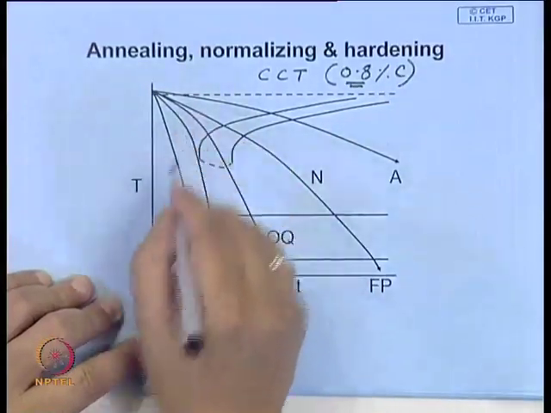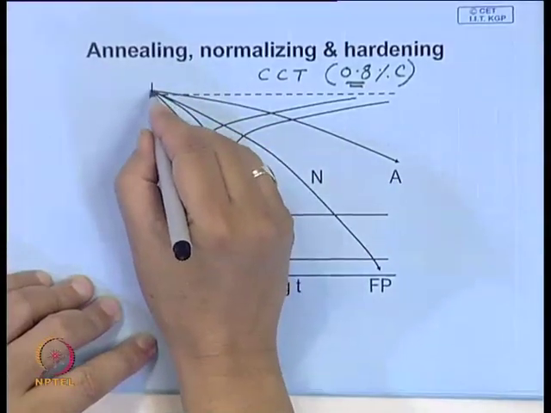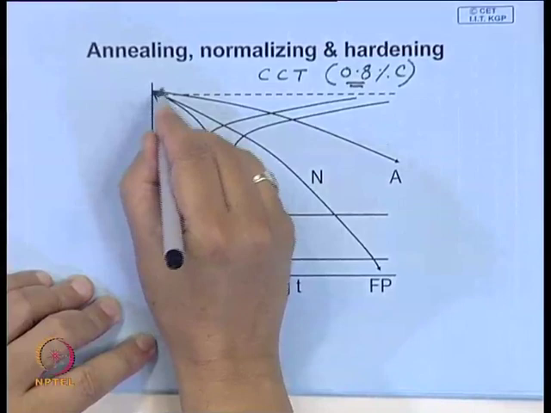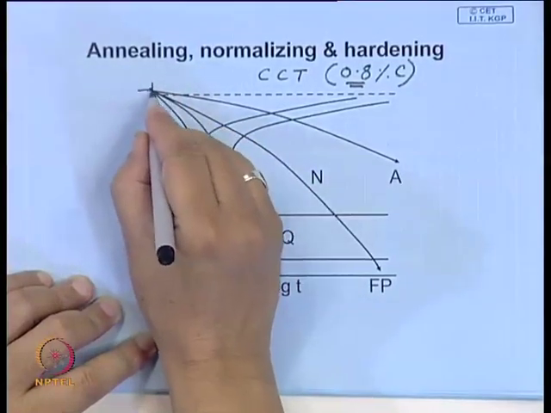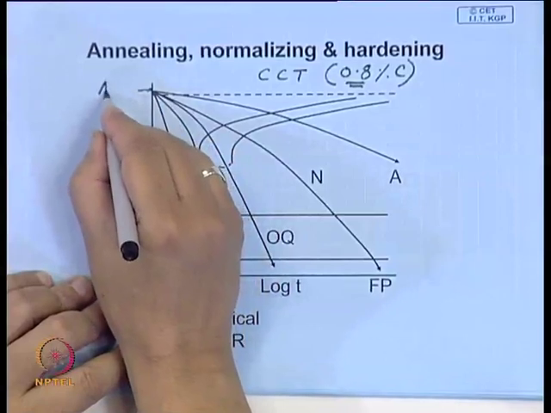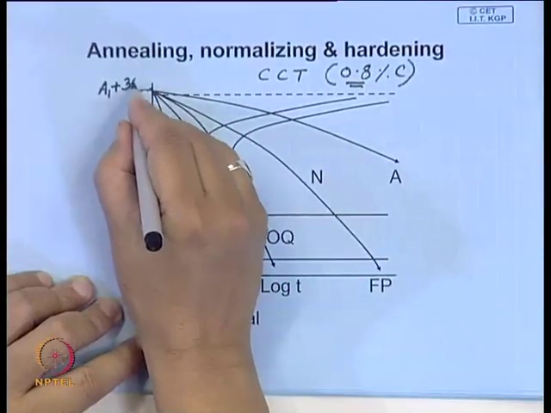Now, in this case what you do is heat the job to a temperature where it transforms into austenite. This is the temperature which is A1 plus around 30 to 40 degree centigrade,